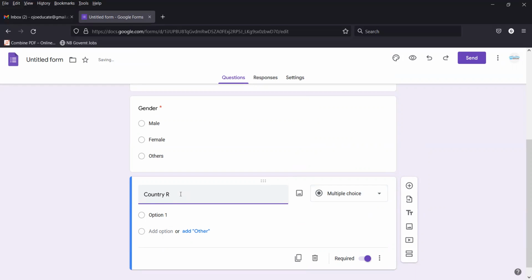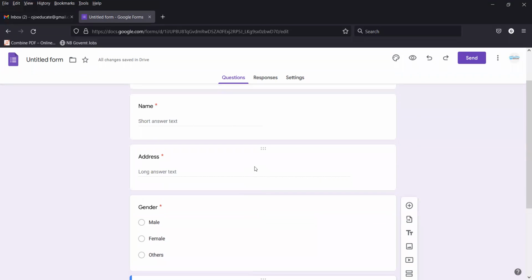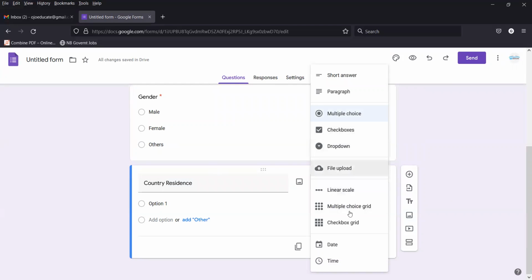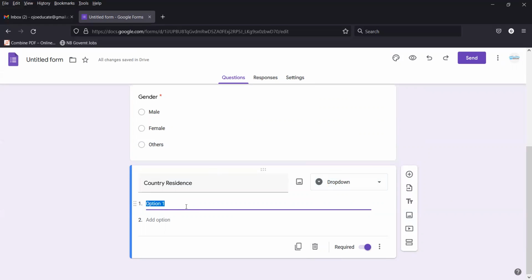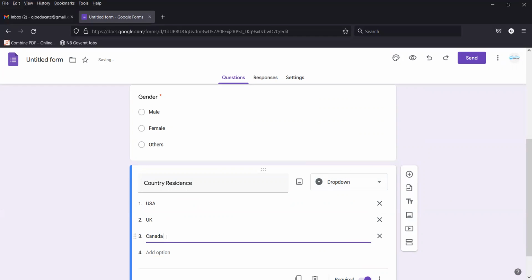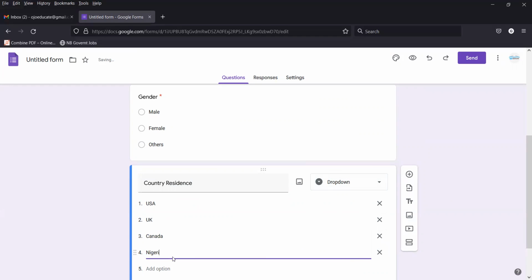And type the country of residence. All this depends on the kind of data you want to collect from your recipients and your target audience, and you can choose from here what exactly you want, whether it is a date of birth, time, or a drop down you want to use, so that when you type, let's say USA, UK, Canada, Nigeria,